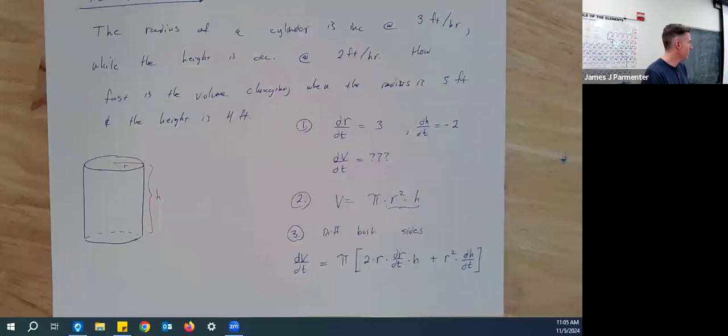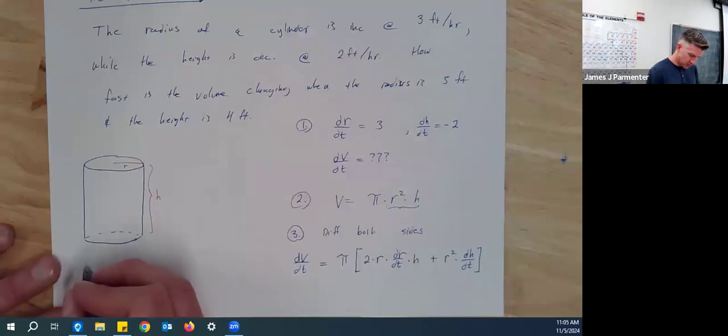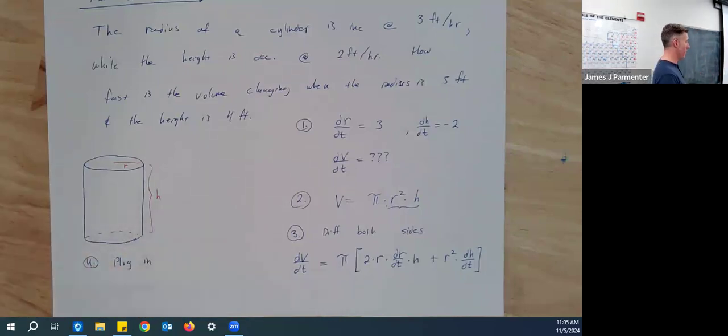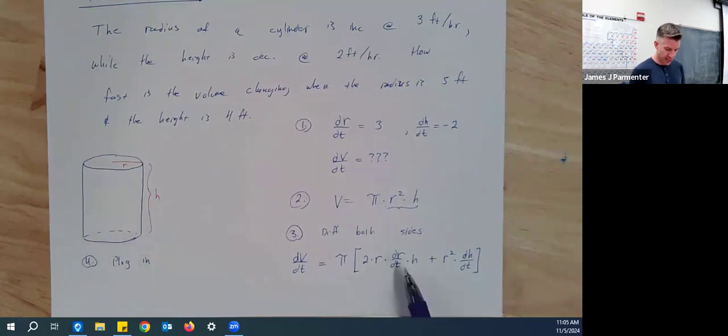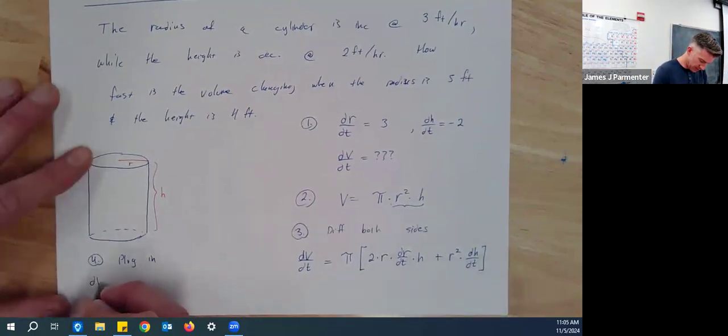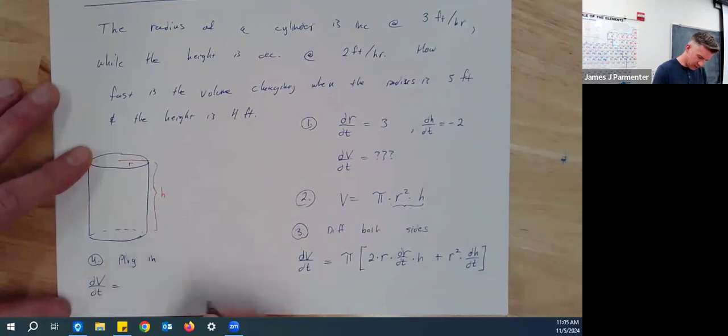Cool. After this stage, we plug in. And we should either be told all the values that we need to plug in except for the one we're trying to solve for, or be able to find them. In this case, I think we're told everything. We're told what the radius is, what the rate of change of the radius is, what the height is, what the rate of change of the height is. So I think we can just plug in for everything here and figure out that dv dt is equal to